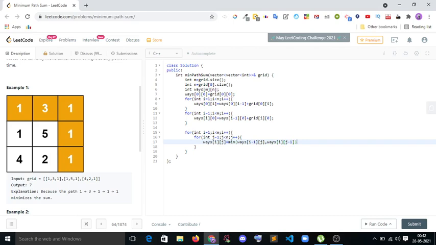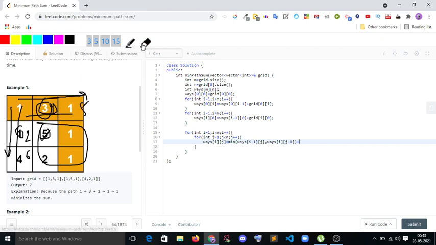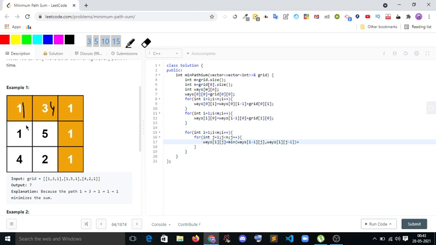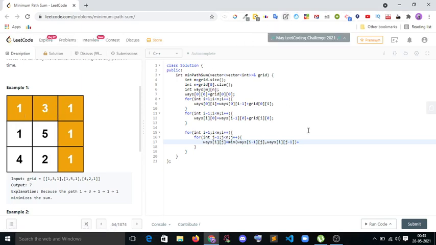So we will pick the minimum number from these sums. Like here, this point I explained to you: this is 4, 1 plus 3, 1 plus 1 is 2. So I will pick the minimum from 2 and 4, so 2 we pick, and 2 plus 5 becomes 7. So this is the thing that we'll do here, the similar recurrence equation that we applied in the past 2 questions. So here is actually the same thing to work. So plus grid i comma j, that's it.